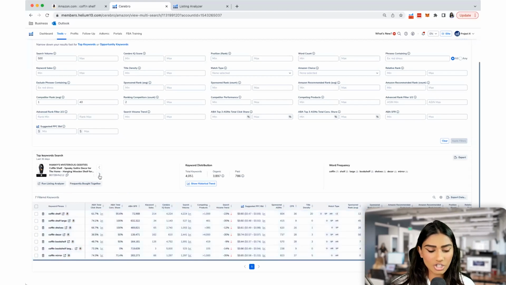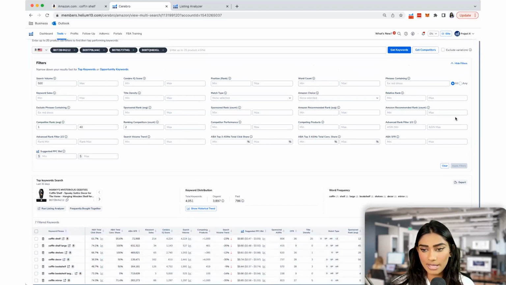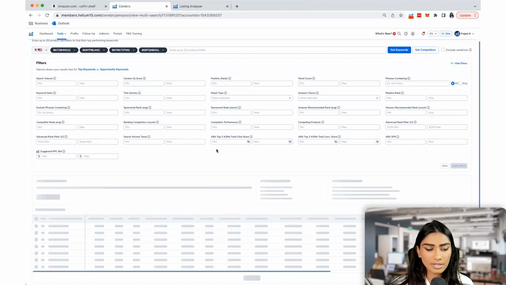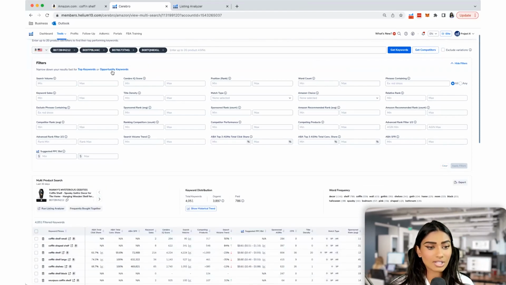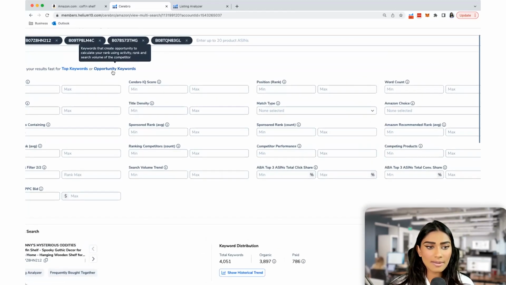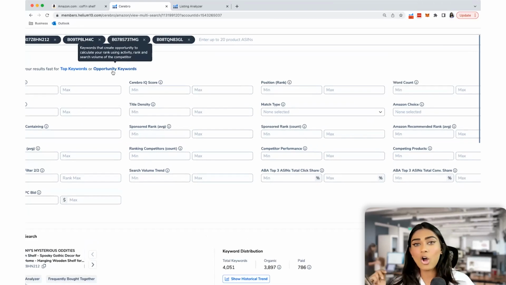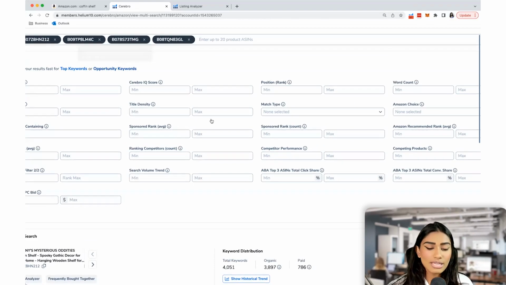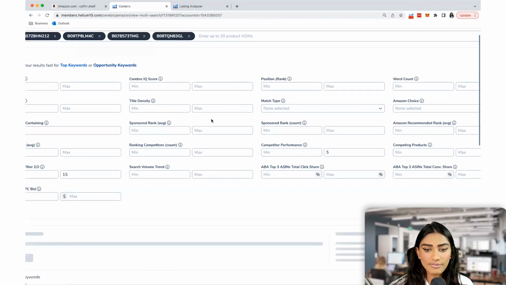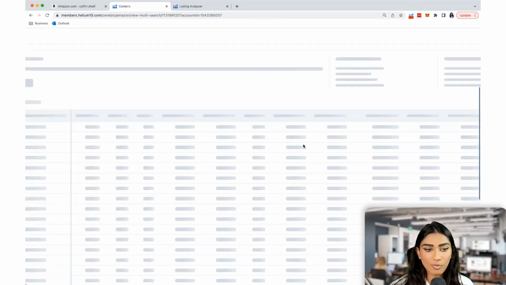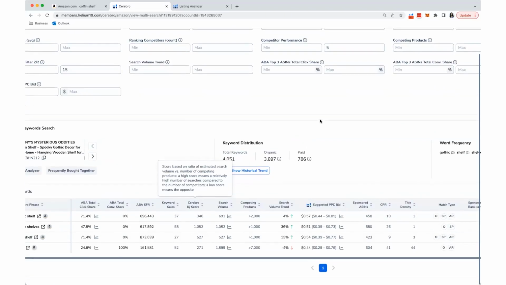So I'm going to unhighlight these and talk to you guys a little bit about what these other filters really do. Let's go ahead and clear out this top keywords, one quick filter I did, and talk a little bit about these opportunity keywords. These opportunity keywords are maybe the ones that you can really use that all of your competitors are not fully utilizing the potential for. So this is going to use some different filters. You have your competitor performance that you're going to see. You can see that this one showed up with even less.